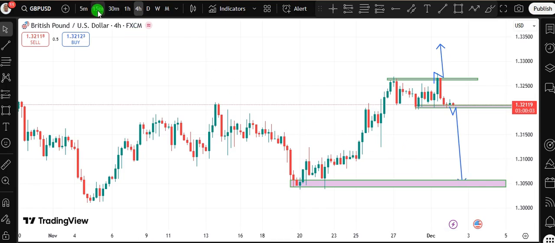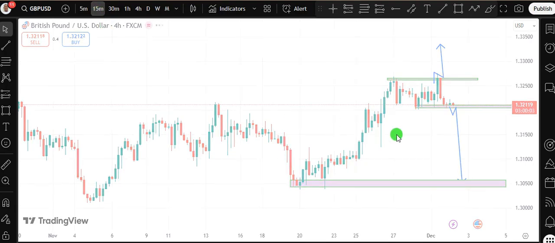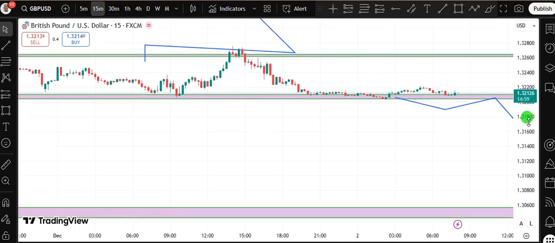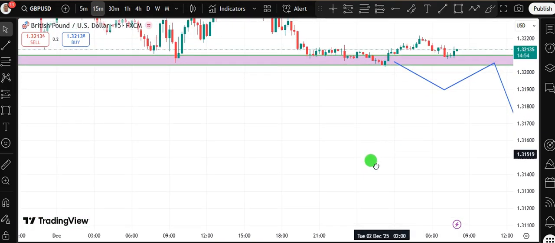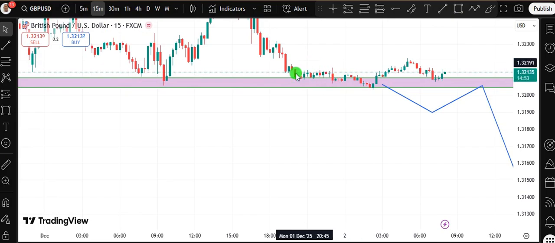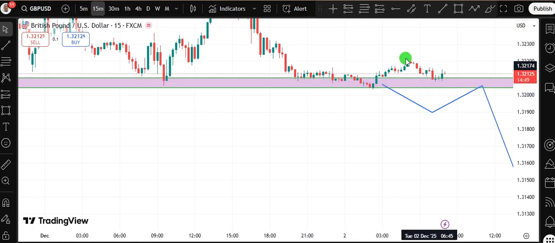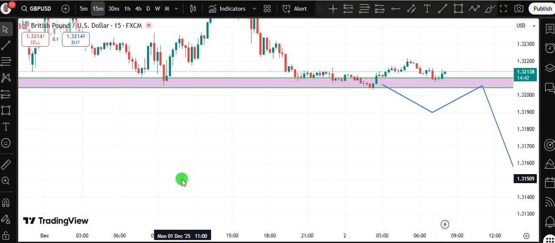That said, let's go to the 15 minutes chart to see what's likely to happen. Now you see the indecisiveness that I'm talking about and the losing momentum. You can see the candlesticks reducing and reducing, and the market just has this stubborn war around here, with the bears and the bulls currently trying to fight out the battle to see which is going to win. So for now, just let the battle continue, and after the battle, I'll keep you informed on who won and where we are going. If we're going to the bull side or the bear side.